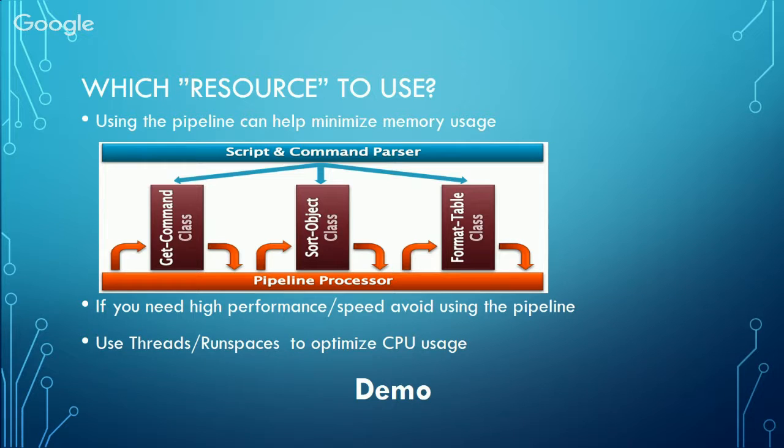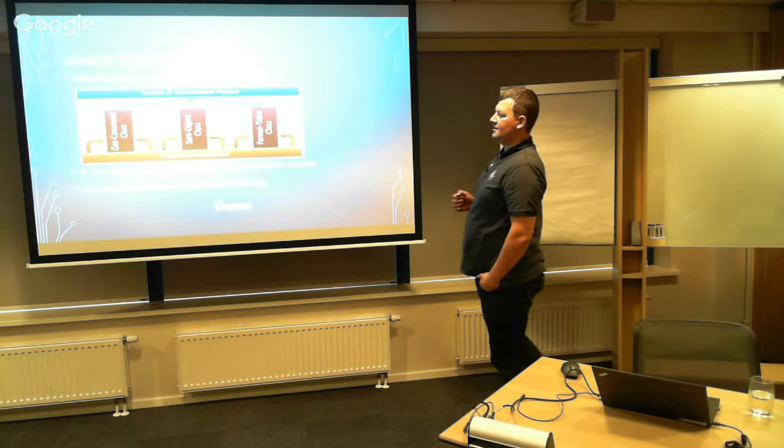So what are we trying to achieve? Whenever we write some code, we need to figure out what we are trying to achieve. Are we trying to do a scheduled maintenance task that runs sometime during the night? This is probably more operations-wise. Or do we need to run something that's really, really fast? And using the PowerShell pipeline doesn't necessarily make things really, really fast, because it's quite heavy, but it gives you